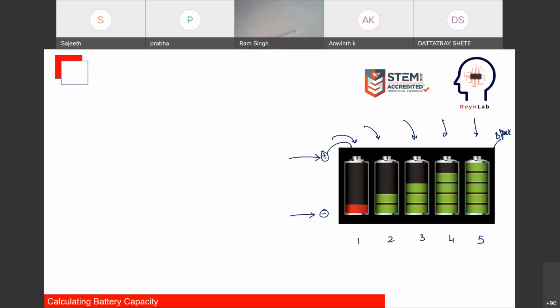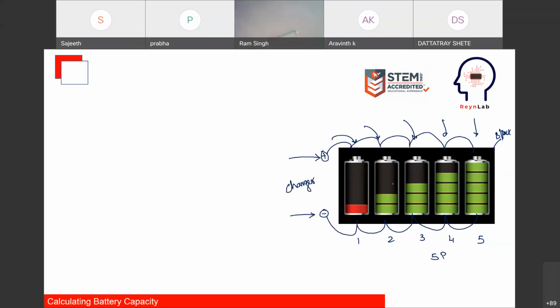Now this positive connection is, let's assume, divided like this. This is a parallel connection. It is connected like this. Positives to positives, negatives to negatives is a parallel connection. We would denote this as 5P, 5 cells in parallel. Now, what do you think will happen if I connect my charger to the battery pack in this kind of scenario?